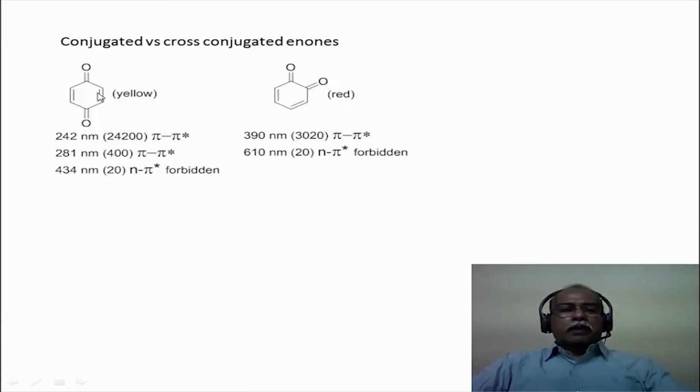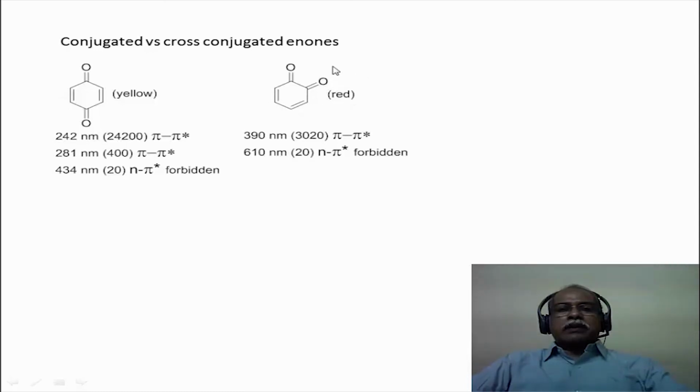Whereas if you look at the parabenzoquinone, the carbonyl functional group is conjugated to this double bond as well as this double bond. However, the carbon-carbon double bond on this side is not directly conjugated to the carbon-carbon double bond on this side. It has to go through the carbonyl carbon for the conjugation to complete. And such systems are considered to be cross-conjugated, whereas these are linearly conjugated.